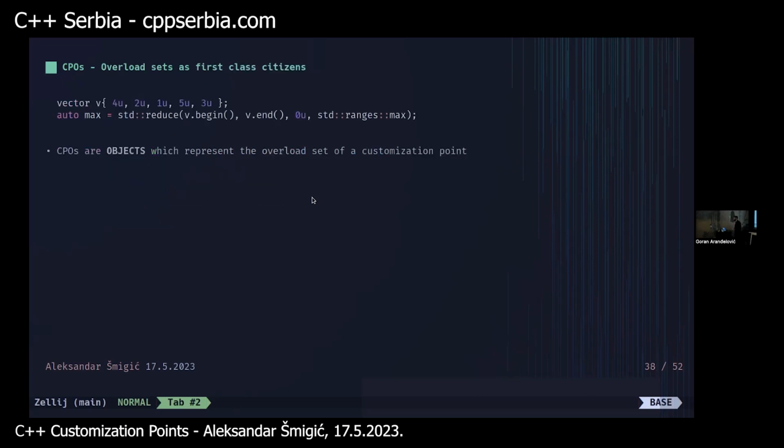I mentioned that CPOs enable us to have overload sets as first-class citizens. This is something that I remember I was super annoyed with whenever I tried to use only algorithms and just write stuff in this generic, functional way. Whenever I wanted to pass something like std::min or std::max, it just wouldn't work. The reason why we can do the call here: we have a vector of unsigned numbers,